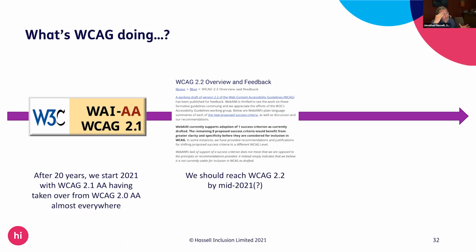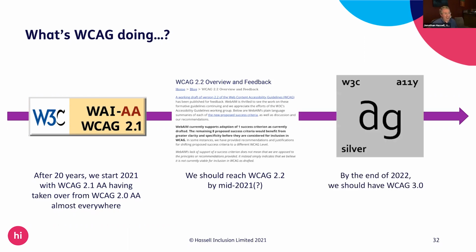So by the middle of the year, if they're to be believed, I think it's going to be a bit later, but we'll see, WCAG 2.2 is going to have arrived. And by the end of next year, WCAG 3.0 will have arrived, again, if they stick to schedule. So I wanted to give you just 5 minutes on what these two new things that are coming mean for you. We're going to look at strengths and weaknesses of them, and at opportunities and threats to you as people who, I'm guessing, own websites or manage websites or some other form of digital tool.